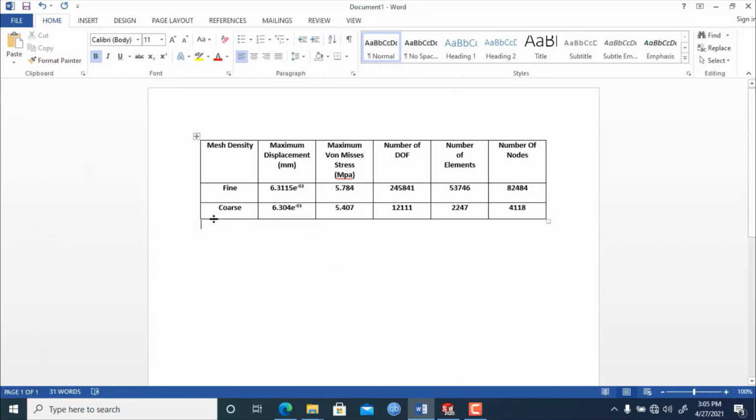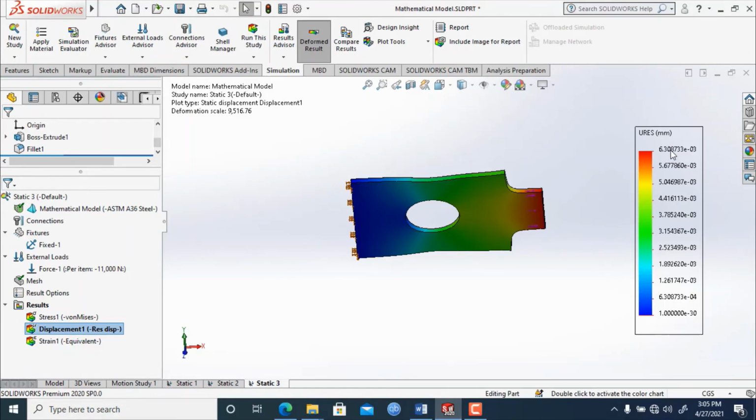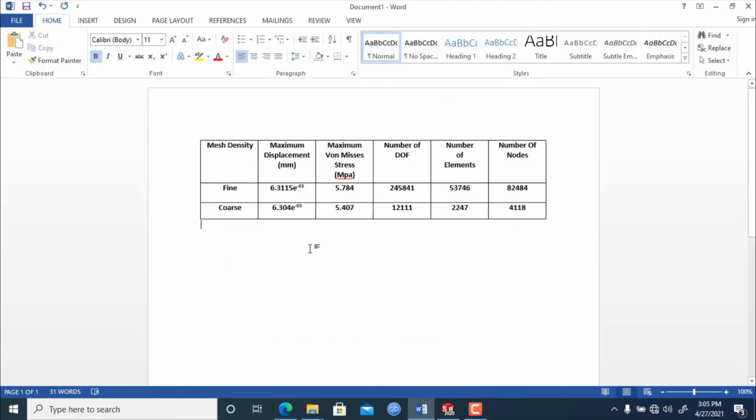So here you can see the difference. It is 6.308, and with the coarse mesh we had 6.304. So this is how an increase in the number of elements can change the result.